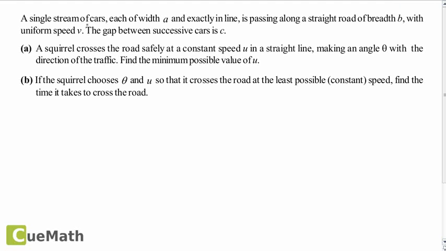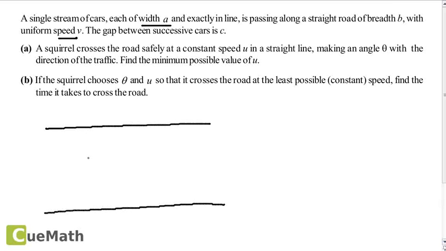A single stream of cars, each of width A and exactly in line, is passing along a straight road of breadth B with uniform speed V. So basically what we have here is a road with two sides of the road like this, and we have a stream of cars which is traveling in one direction on the road,